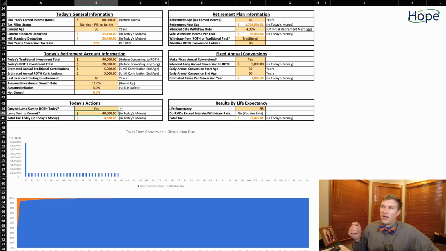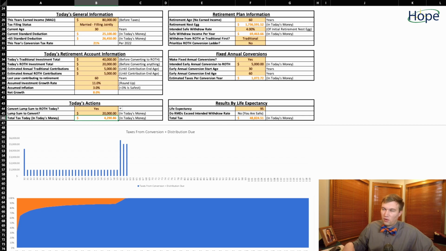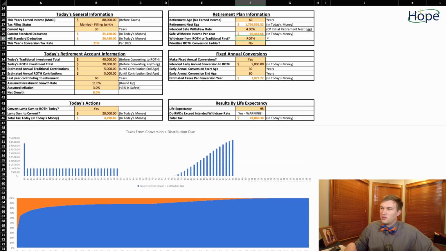So let's say instead of rolling everything over today, they do half of it. They take $20,000 of their $40,000 that's in traditional and move it to Roth. Then, in retirement, they prioritize taking money out of their Roth account instead of the traditional account. They do the opposite of the standard advice. But they also prioritize a Roth conversion ladder. Well, if they do that, they can get their tax exposure a little lower, closer to $30,000. And what we're essentially doing here is saying, let's have a little bit of money in the traditional today that grows and can be mitigated before RMDs really kick in.